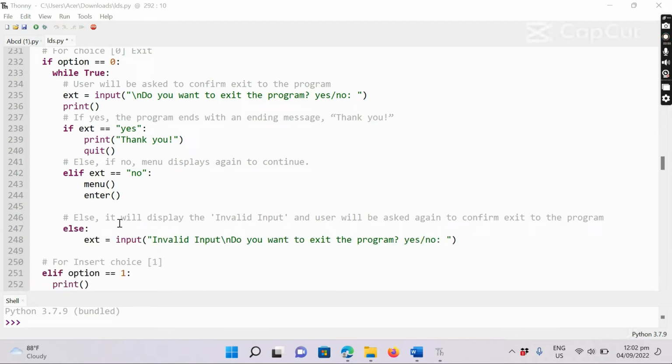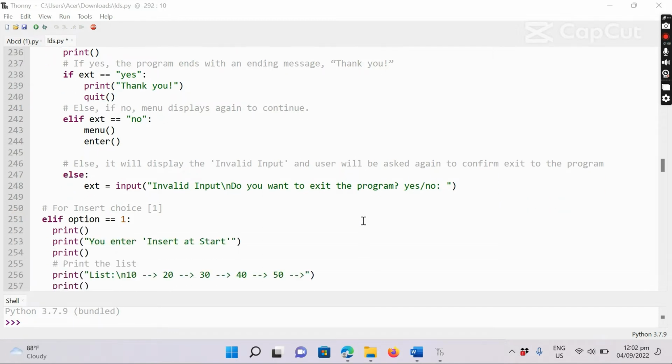Else, if the user inputs a wrong input, it will display invalid input and the user will be asked again to confirm exit to the program. If the user